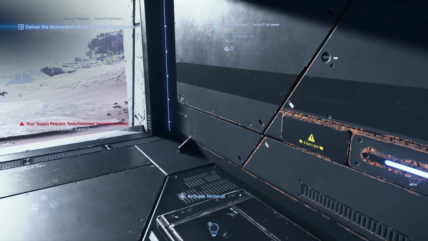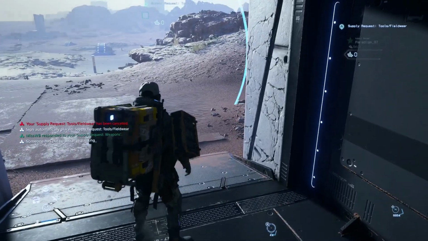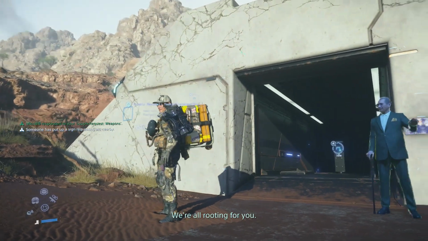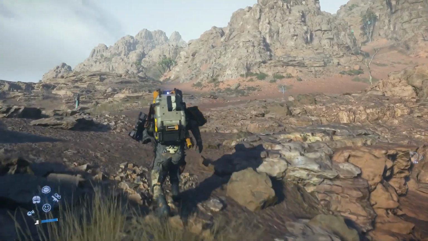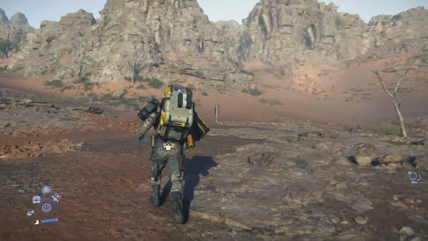Okay, so how much weight did we end up having? 69. Nice. We're all rooting for you. Yeah, you better be rooting for me. Okay, it's only 600 away, which isn't far, but it said BTs en route, so...